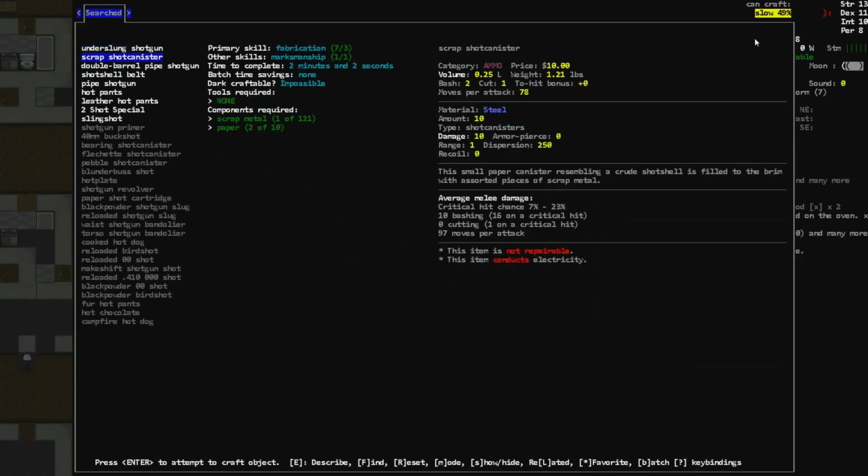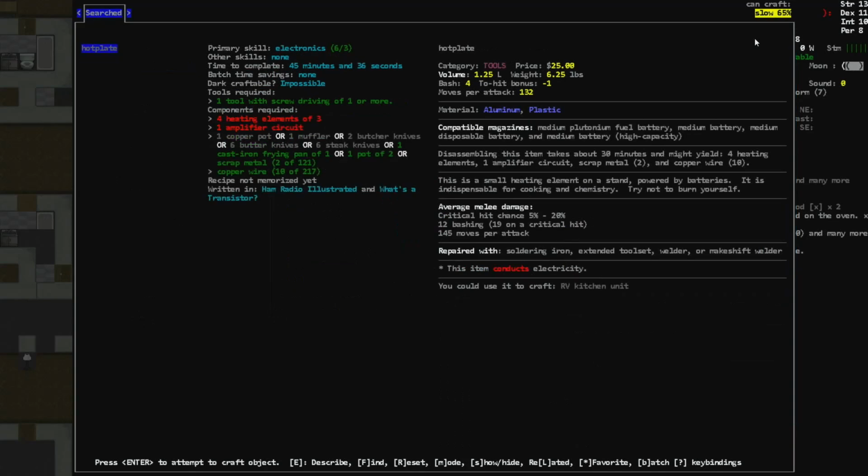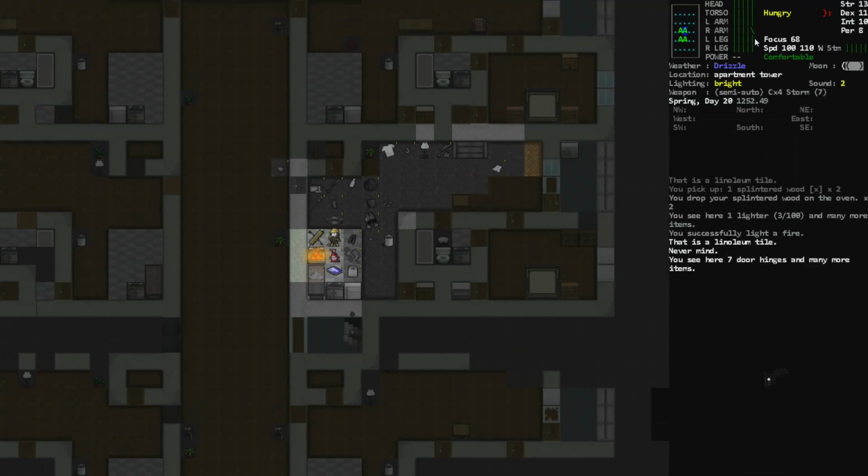Hot plate, what did that require? Oops. Let's look for hot plate. Requires heating elements and an amplifier circuit. Amplifier circuit could be a little bit of an issue. Why don't we look through...